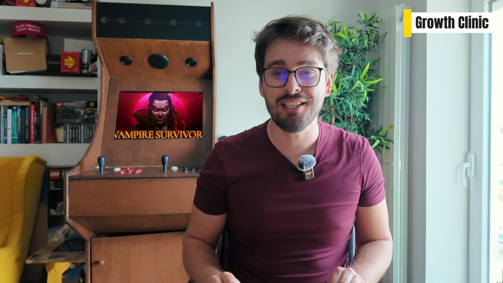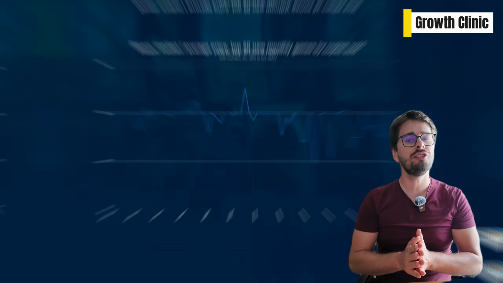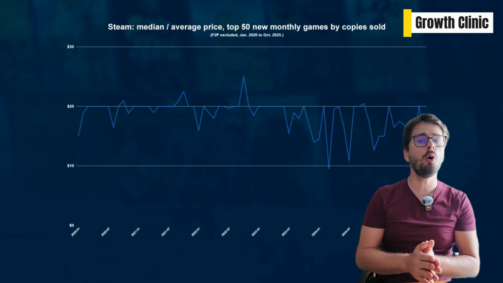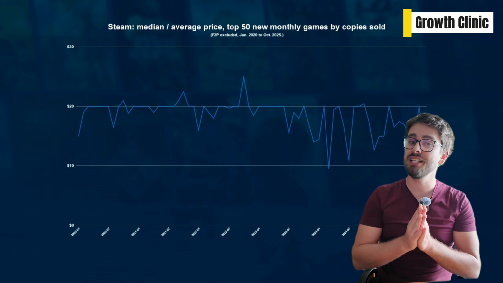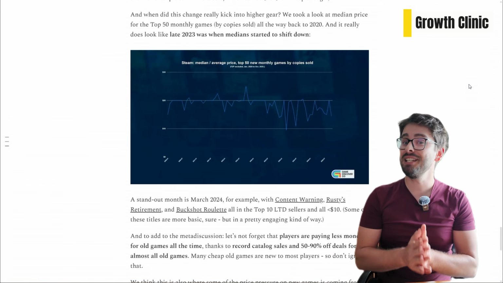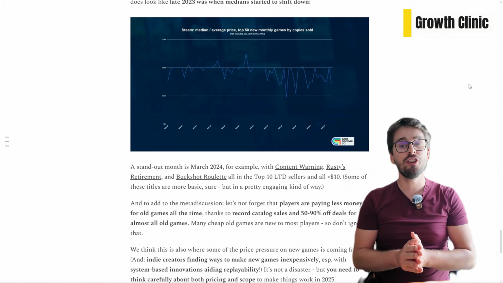Because it hit a moment of cultural hype that no pricing strategy can manufacture. Game Discovery Co. looked directly at the 2024 low-price viral hits and was explicit. Those games succeeded because of extraordinary word-of-mouth velocity, not because of what they charge. The median price on Steam dropped 20% as developers looked at those outliers and adjusted to match them.